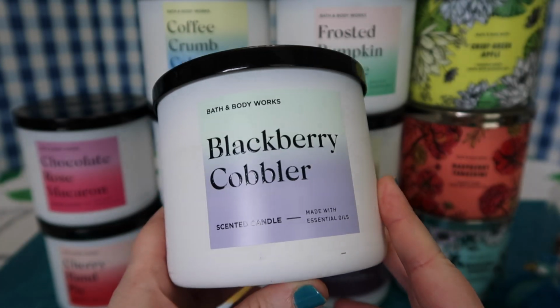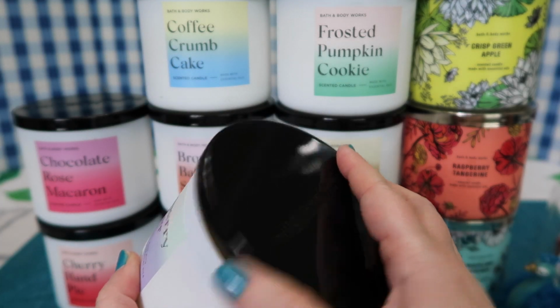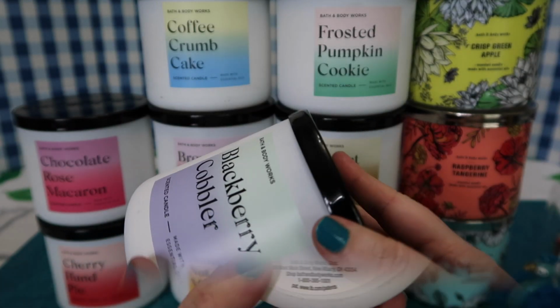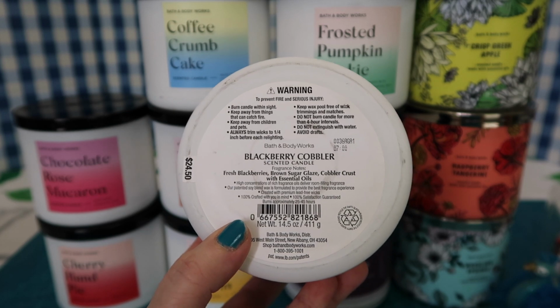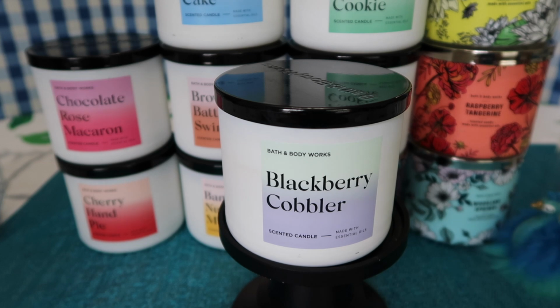The first one I have here is Blackberry Cobbler. Now, as you can see, all of these have the frosted white glass, the Bath & Body Works black lids, and they all have white wax. The notes are fresh blackberries, brown sugar glaze, and cobbler crust. And what I found with a lot of candles in this collection is that they are very similar to other candles, or they seem to use the base notes of another candle,